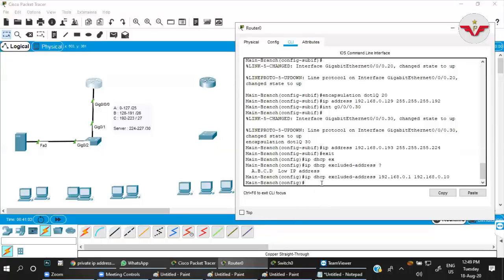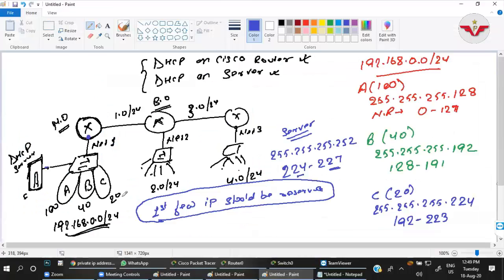Now, the second command. Sir, but we are taking limited IPs, right? That is why I said I want the first few IPs. It doesn't mean that you will reserve 10. First few IPs means anything: 2, 3, 4, whatever is required.